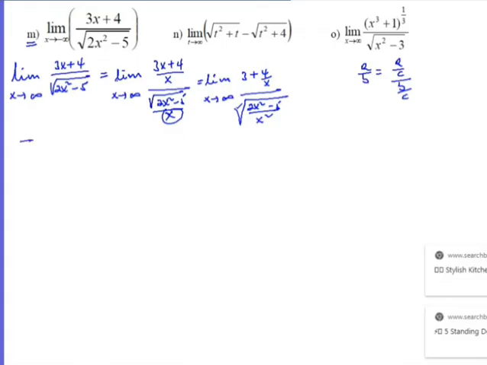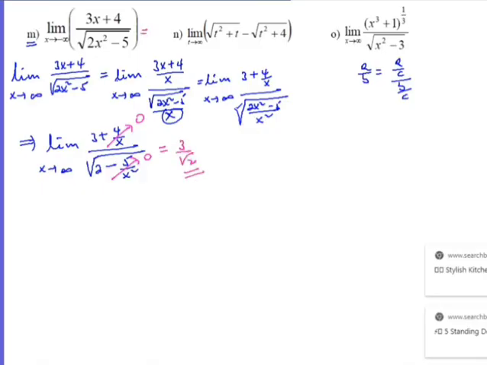So this means the limit of 3 plus 4 over x over the radical of 2 minus 5 over x squared as x approaches infinity. So obviously this term approaches 0, it becomes almost 0, and this term becomes 0. So the remaining term will be 3 over radical 2. Therefore the limit for the m part will be 3 over radical 2, or you can write 3 radical 2